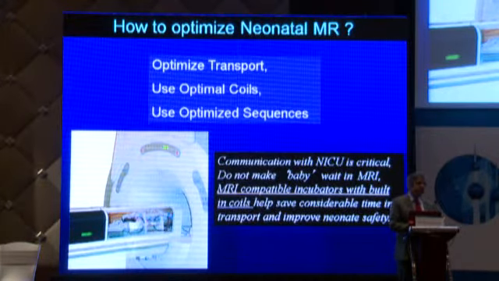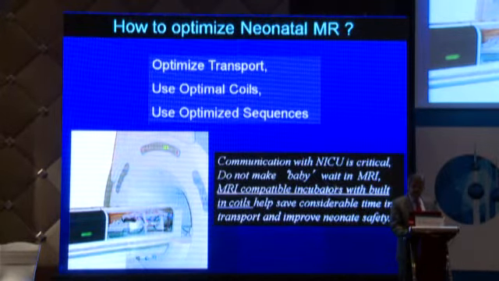So that was about the clinical history, which is extremely important for us to get before we go on to start doing an MR. Now, before you start putting the baby on the table, you need to make sure that you optimize transport. Remember, these kids are extremely sick and they are unstable. You have to use the optimal coils because, remember, we have a 22 centimeter size head, so we use a bigger head coil. Neonates need a very small head coil, and obviously the signal to noise ratio will be different. And then you need to optimize the sequences because the water content of the neonatal brain is much higher than the water content of an older child.